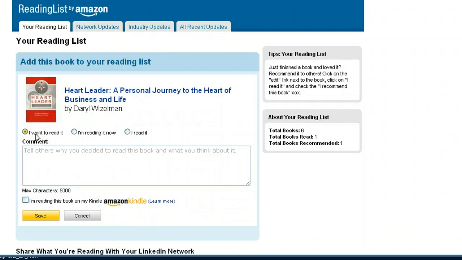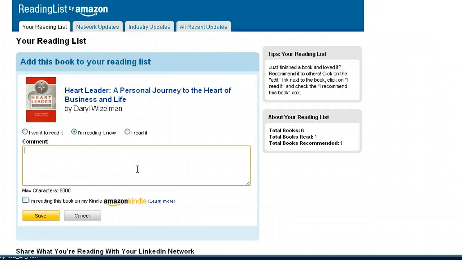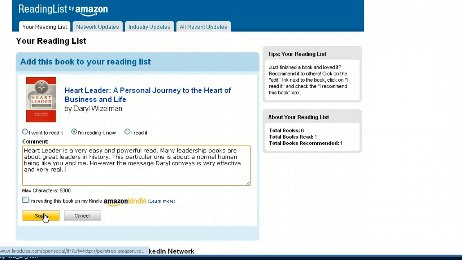And then you have 3 choices. The default is I want to read it, I'm reading it now, or I read it. So I'm going to put I'm reading it now. And you can also leave a comment, which I already have pre-written to save us some time. And I'm going to just save that and create it. So while the system is saving it, let me share with you why you would want to do this. Well, when you